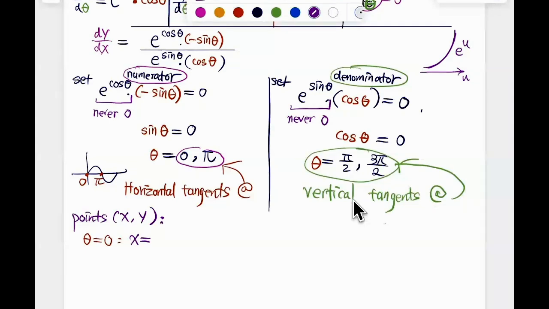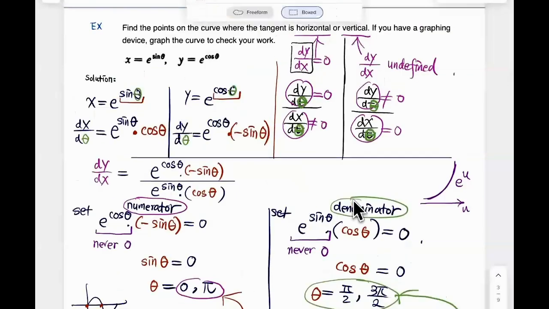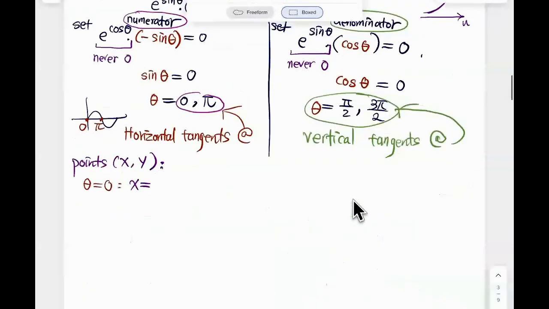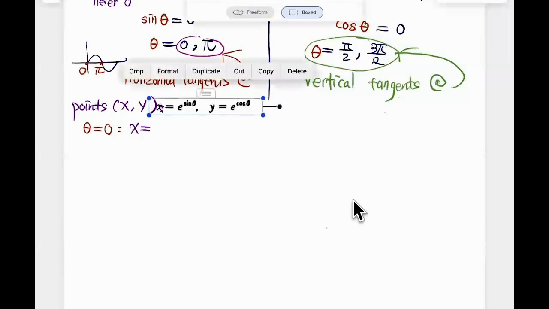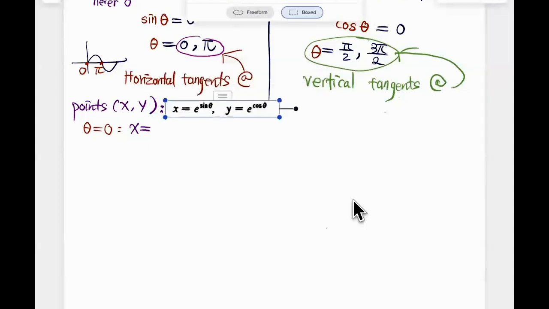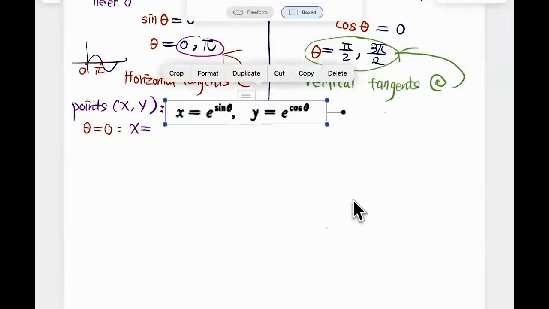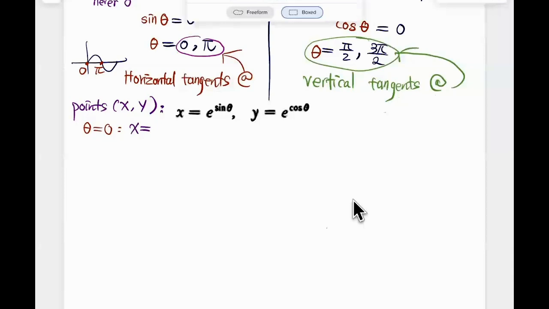Let's go back here and copy this. X equal to this. Okay, let's put it down. Sometimes it doesn't listen to me. Okay. So x is going to be e to the